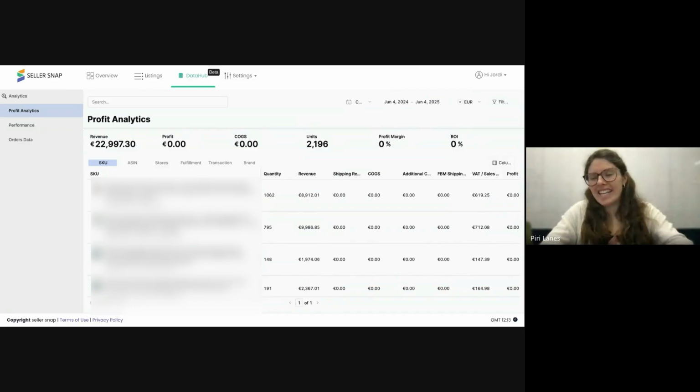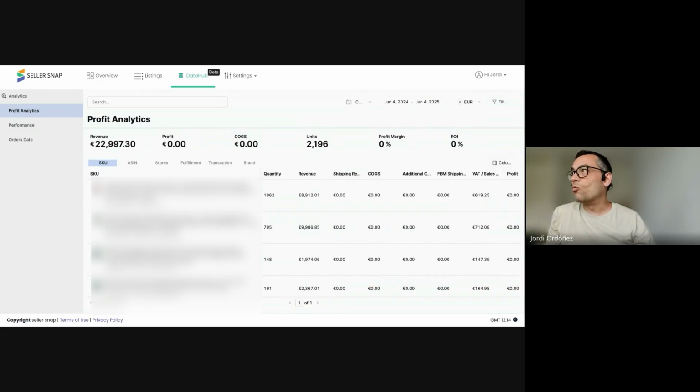Sellers want to see their true revenue or true profit in the correct currency, because nobody knows what a zloty is, even if you live in Poland. Or Swedish crowns, whatever. It's just euro. Okay, great.